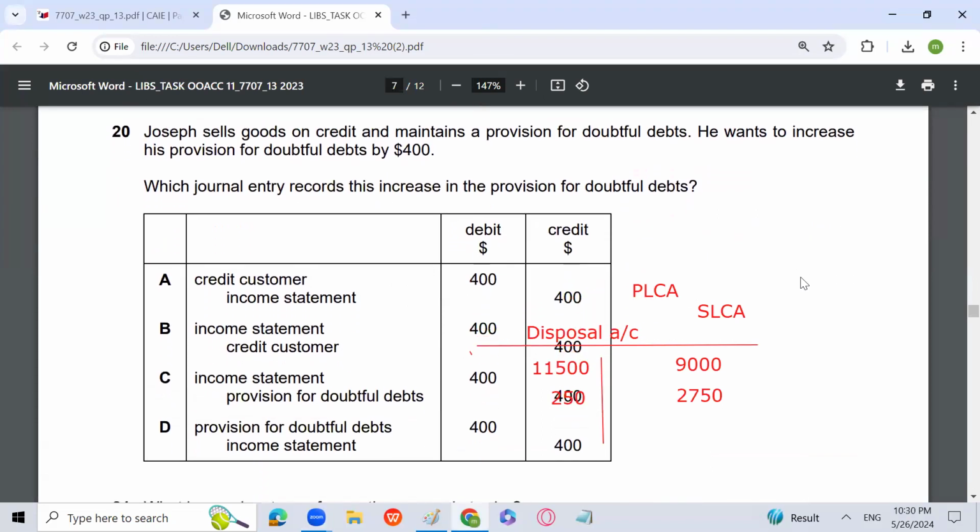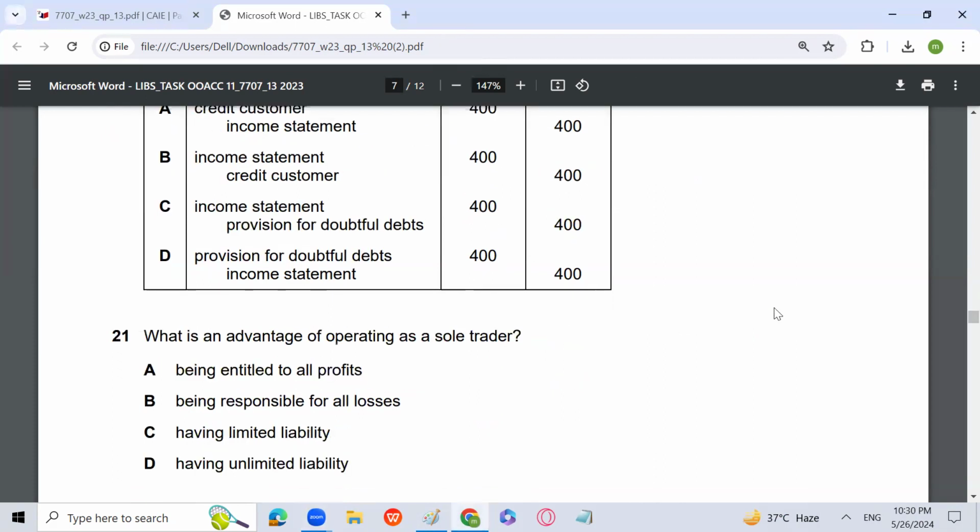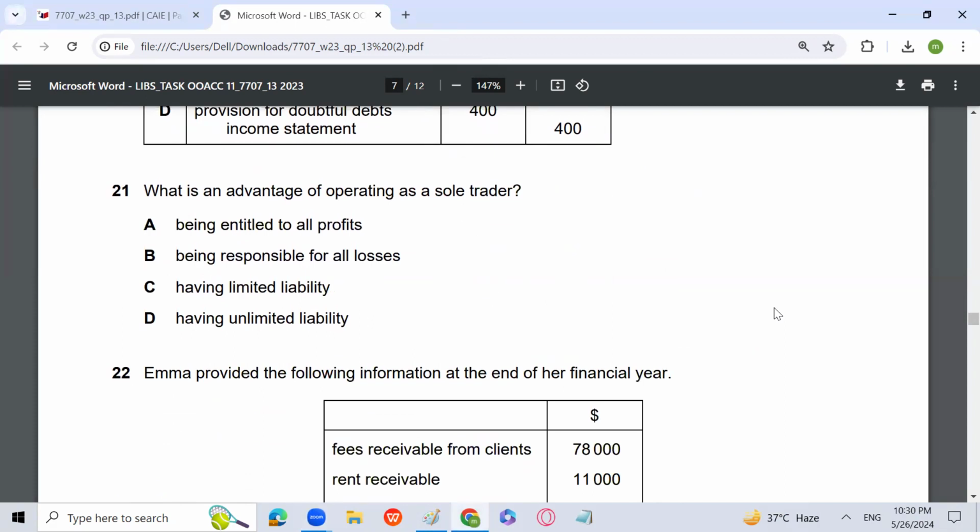Joseph sells goods on credit and maintains a provision for doubtful debts. He wants to increase his provision for doubtful debt by 400. Which journal entry records this increase in the provision for doubtful debt? Income statement debit, provision for doubtful debt credit, 400. C is the answer. You can easily see that out of 35 MCQs, 15 to 20 MCQs are quite straightforward, very simple. It will take a second to grab the concept and give the answer